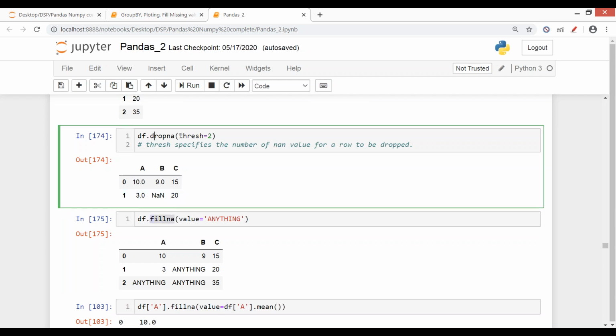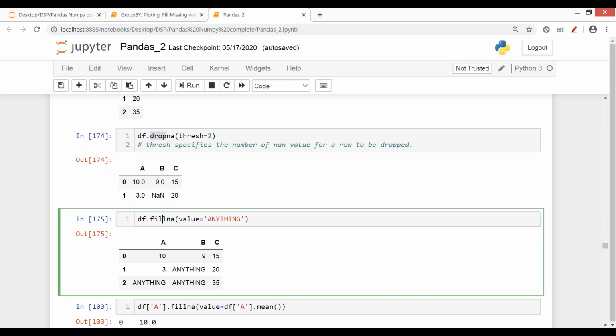This is only applicable to NaN values, just like dropna was only applicable to NaN values. NA refers to NaN. So dropna is only applicable to NaN values. Similarly, fillna will only fill the NaN values. If you want to treat something else, then you need to use replace or some other command or a combination. But if you want to fill NaN values with a specific value, then dot fillna is the command where you can give a specific value and fill the NaN values.